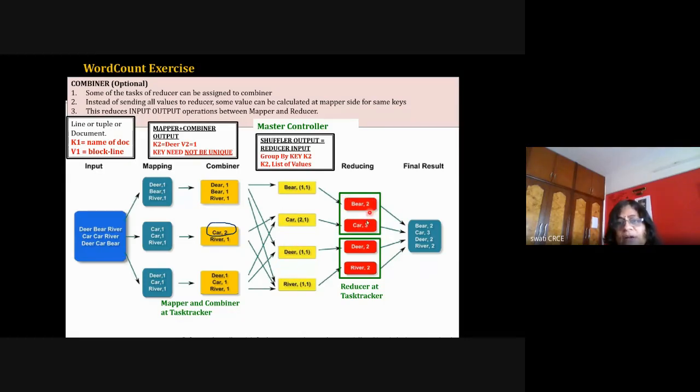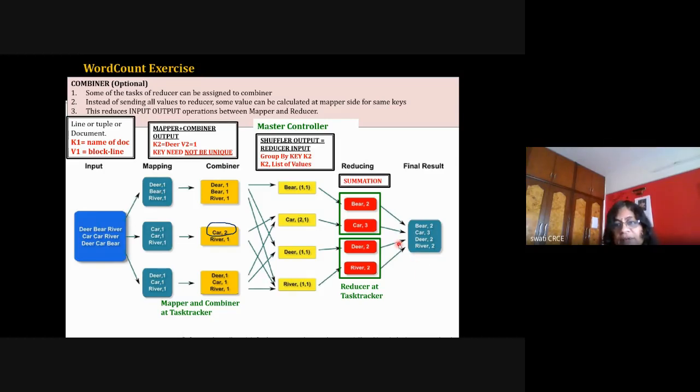In this diagram, I am assuming there are 2 reducers. The number of reducers is normally less than the number of mappers. So 2 reducers will get these 2 keys here, and this reducer is getting 2 different keys. Then the job of the reducer is to do just the addition of this list. From this list, it will add all the values, creating a new value. That new value is nothing but the frequency of the word. Like this, the final output will be created for every word.